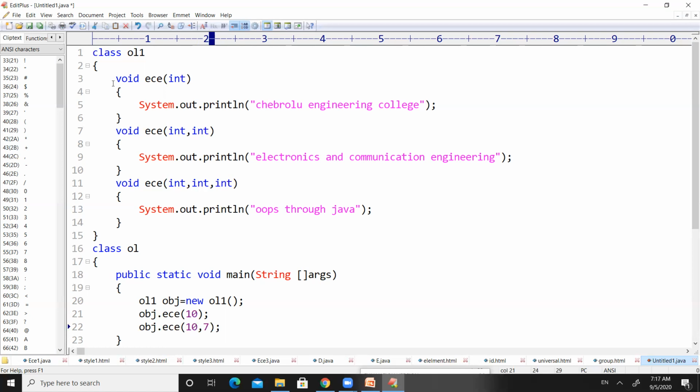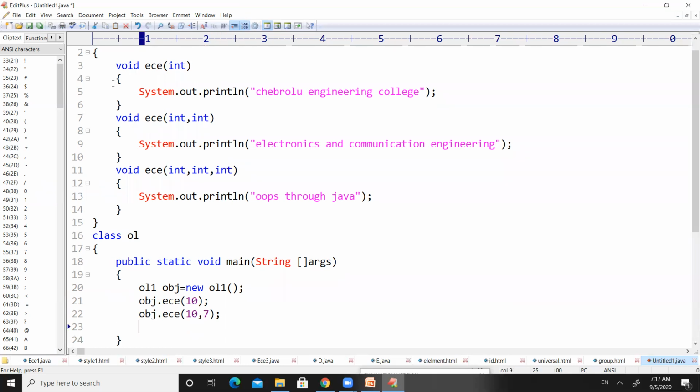Then if I want to print our subject name on the output screen, I need to call obj.ece, and here I have to pass three integer values because it has three integer parameters. My three integer values are 1, 6, 9. You can take any integer values. Now save this code.